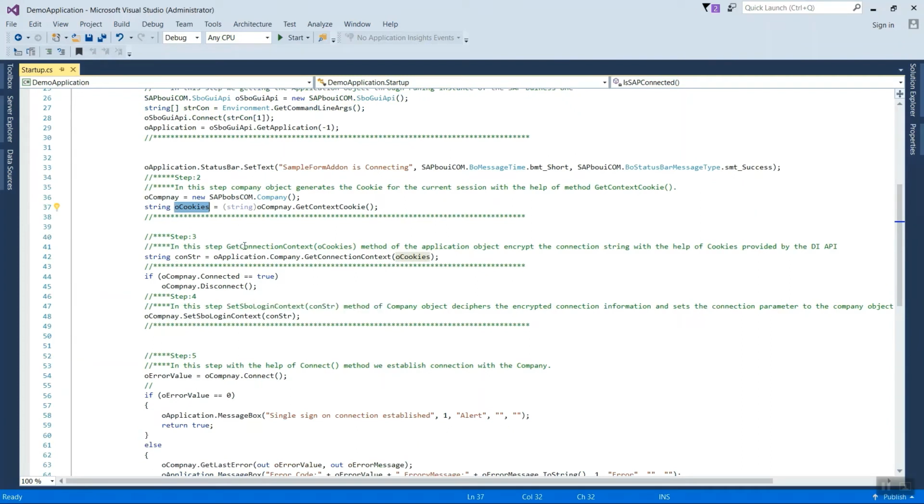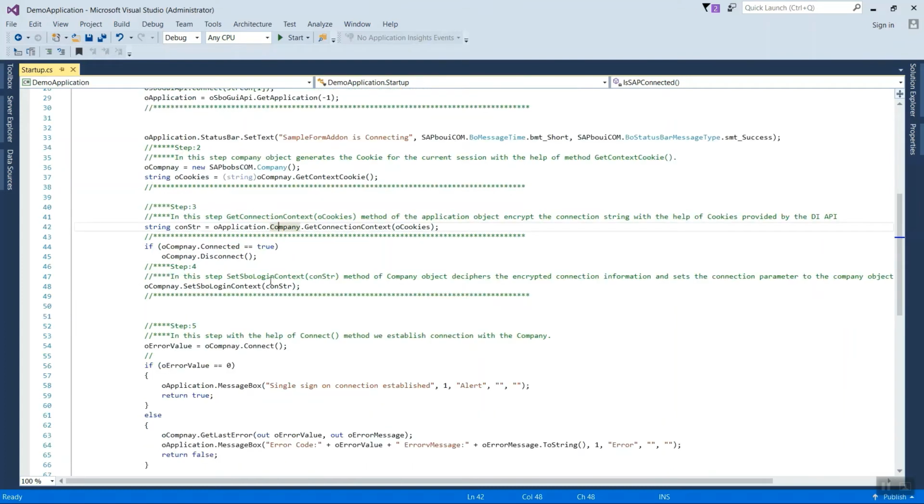Now in step 3, what we are doing, we are using the application object's GetConnectionContext method and passing the cookies. What it will do, it will encrypt the connection parameter with the help of cookies provided by the DI API object, I mean the company object.